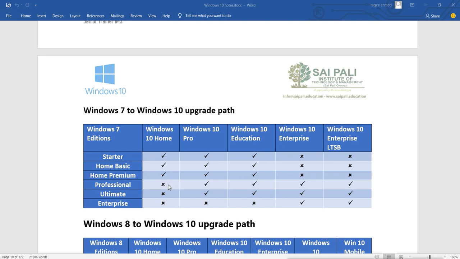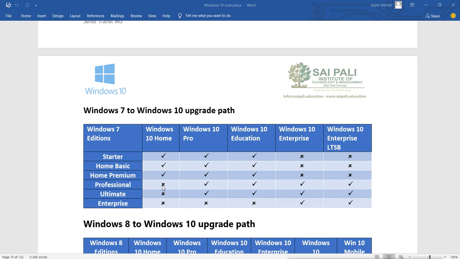If your edition is Professional, then you cannot go back to Home Edition. You can only go to Pro Edition, Education Edition, Enterprise or Enterprise LTSB. So you can go from Professional to Pro, Education, Enterprise and Enterprise LTSB, but you cannot go back to Home Edition.